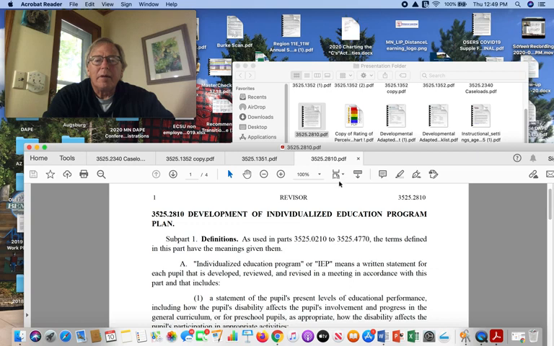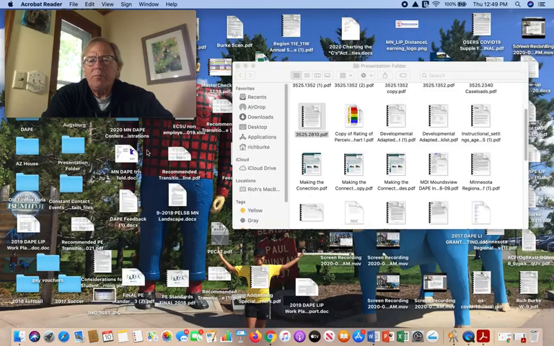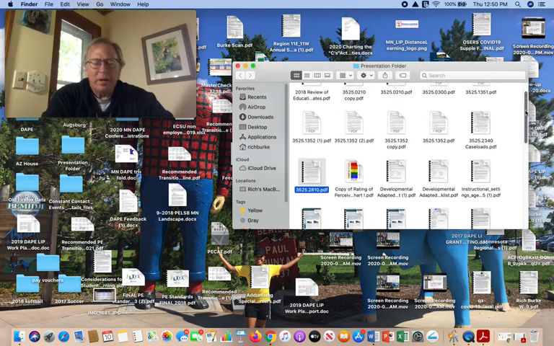And it is, but remember, it's Minnesota rule. It is the law that governs special education services in Minnesota. So, looking at the next thing that I get a lot of questions every late summer and early fall about